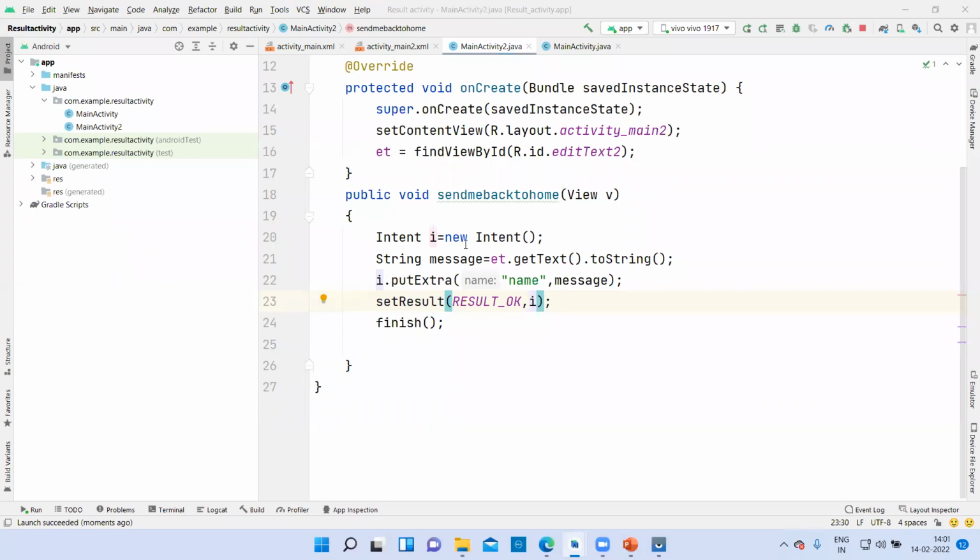You will create the object of the intent class, then fetch the data from the edit text, then send the data through the putExtra method. Then you will say setResult(RESULT_OK, i). You will pass the intent with set result. And finally, it will go to the first activity to display the result. This is how the implementation of result activity will be done.